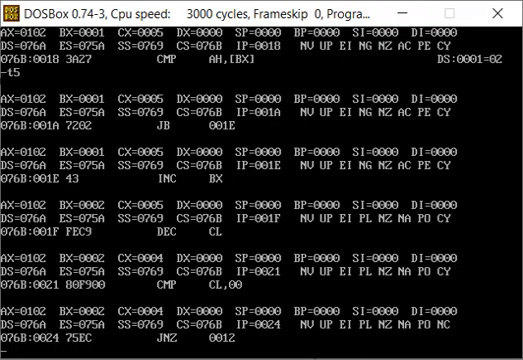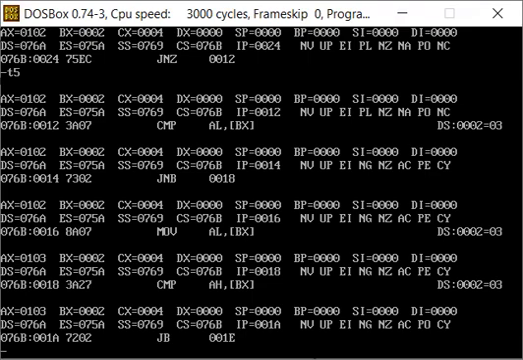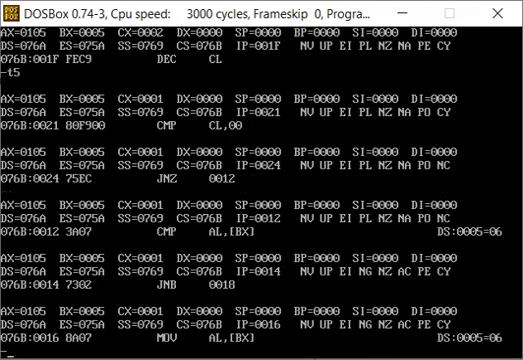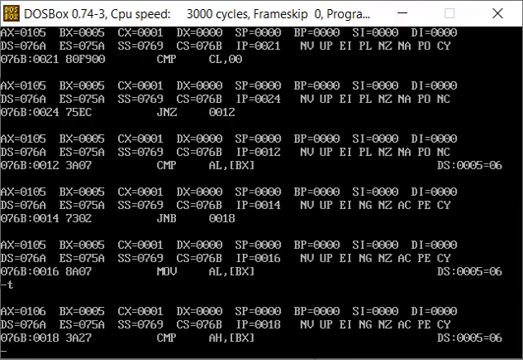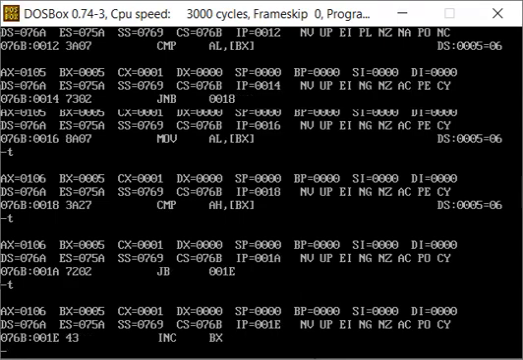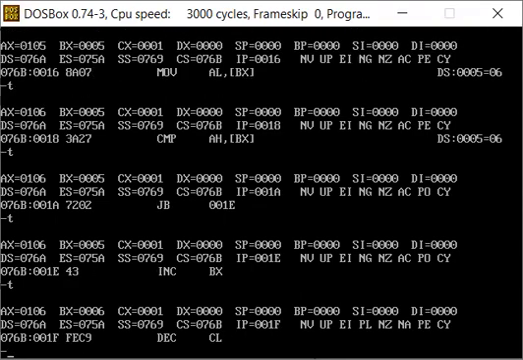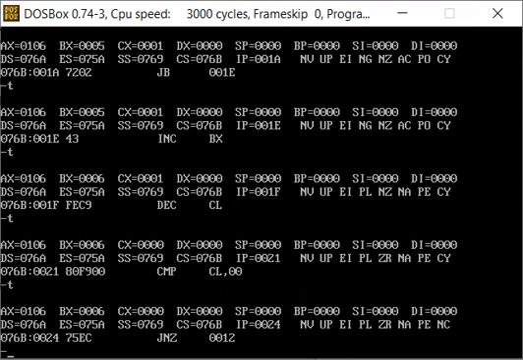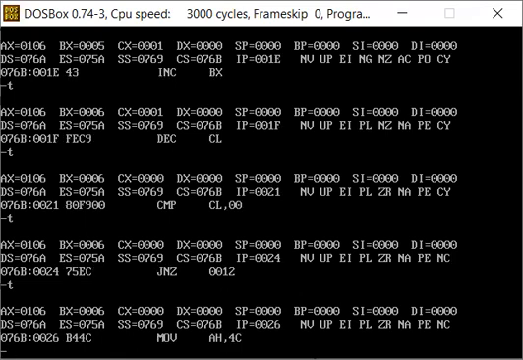And we execute more instructions, and this program will keep on going until the CL, which is the lower part of the CX register, becomes 0. So we keep going through the code, and here we can see that CX is 1, and now CX has become 0. So now we can see that the code will not execute the jump statement anymore, and now we are loading